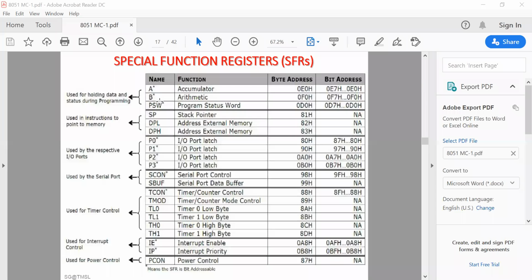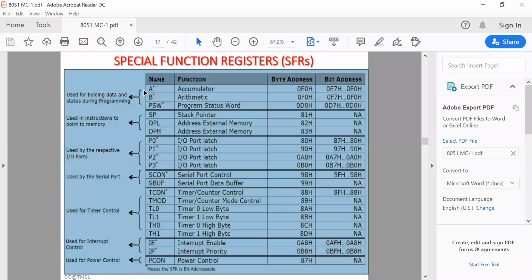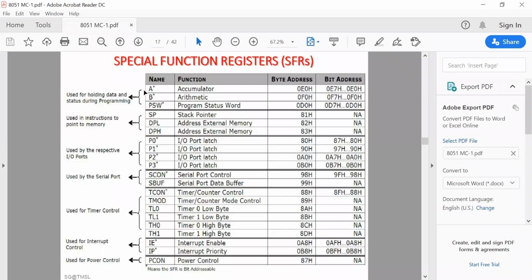Okay, so in this way you can see here also. A, B, PSW are used for holding data and status during programming. These have several purposes, to hold the data and the status during any operation. Next is the stack pointer and DPTR, meaning DPL and DPH, used in instructions to point to memory.